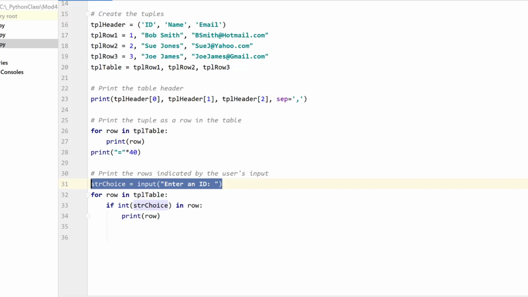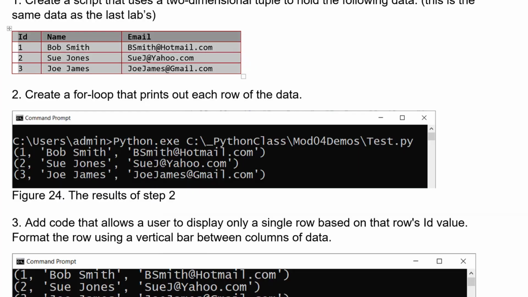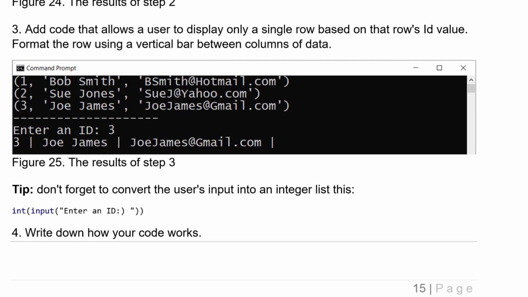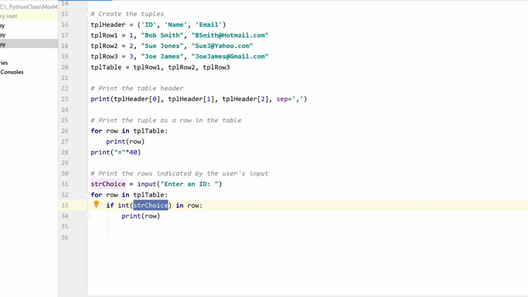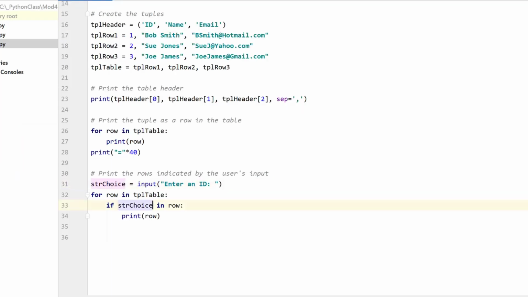So I get an ID from the user, and then I start looping through the rows, seeing if I can find that ID. Do keep in mind that if you didn't convert it to an integer and you just use a string like I did here, it wouldn't find the row. I'm sure somebody probably did that. Can't find anything. That's because it's looking